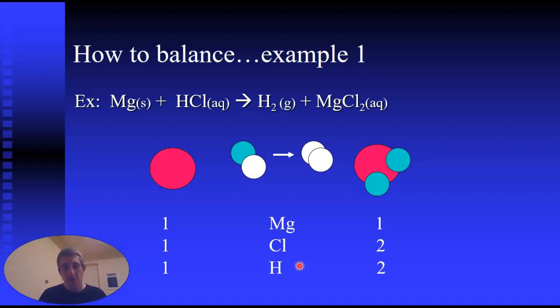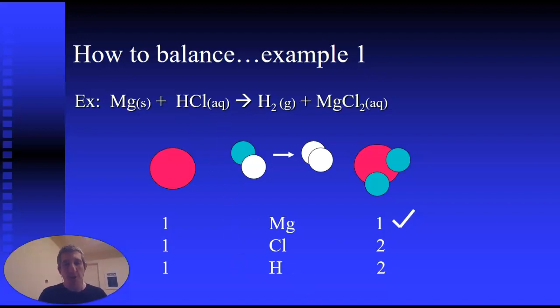And so we need to not change the formula of a properly crisscrossed magnesium chloride, can't change the formula of a diatomic hydrogen, can't change the formula of hydrochloric acid. We need to change how many there are. And that's where these coefficients come into play. So as well as magnesium is good, I don't have enough hydrogens, I don't have enough chlorines going into the reaction. And the only way to get more hydrogens and chlorines into the reaction is by having more